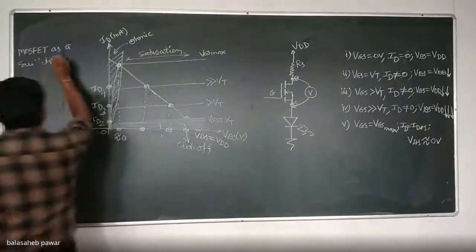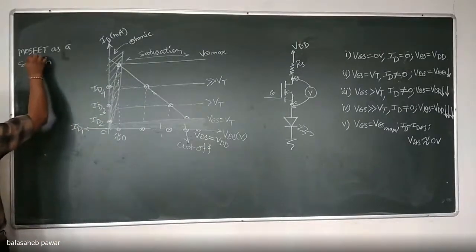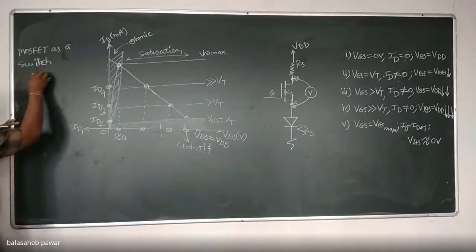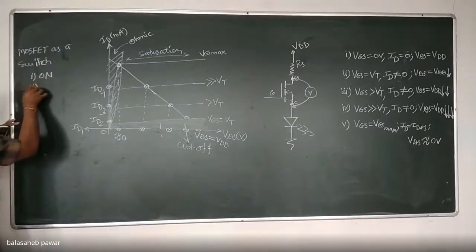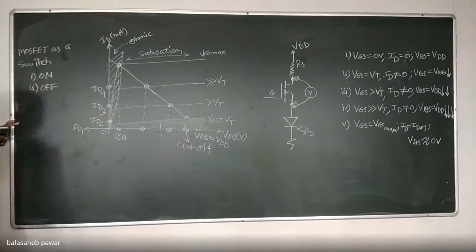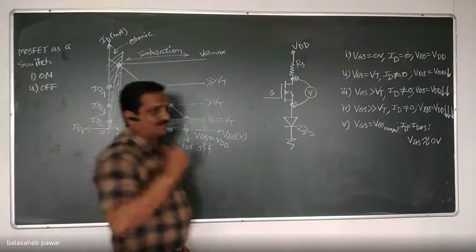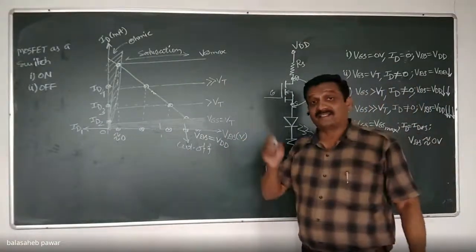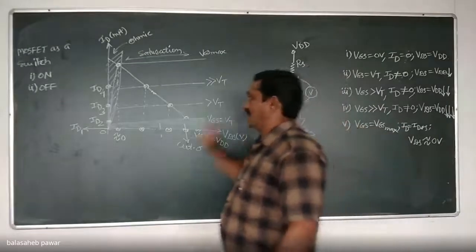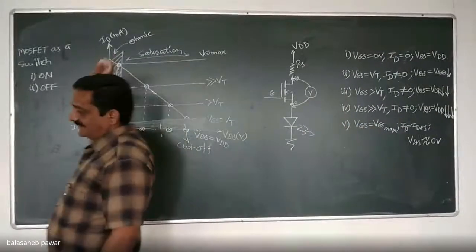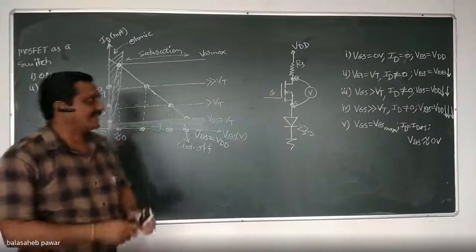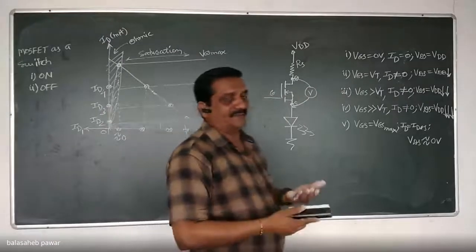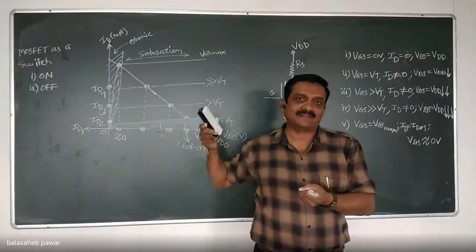If this MOSFET is to be used as a switch, it means again two positions. First one is as an on switch and second one is as an off switch. On switch means it should act as a closed path, or a perfectly closed path, or minimum resistive closed path, and it will be possible only when that MOSFET is operated in the ohmic region. And as the off switch, it should operate as an open path, and it will be possible only when it is operated in its cutoff region.